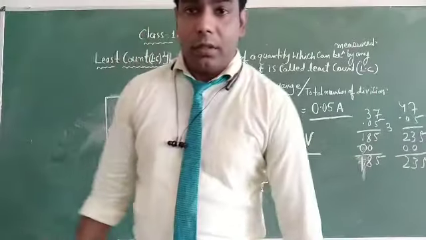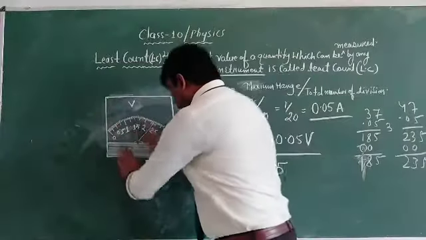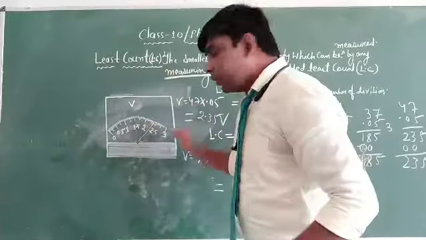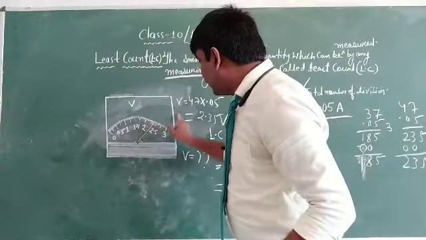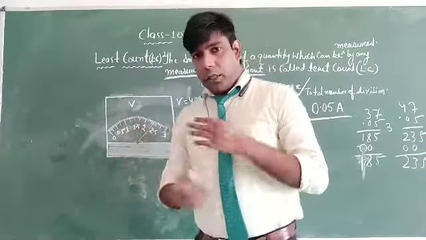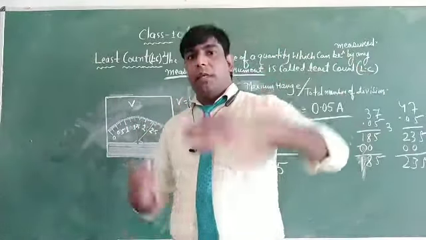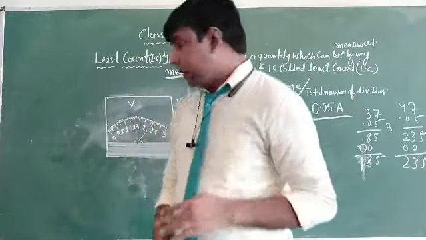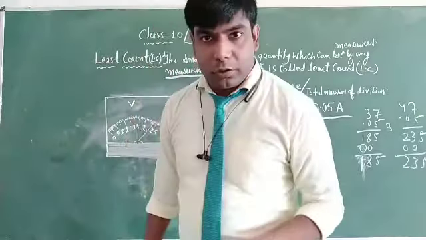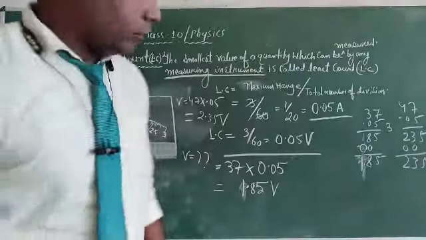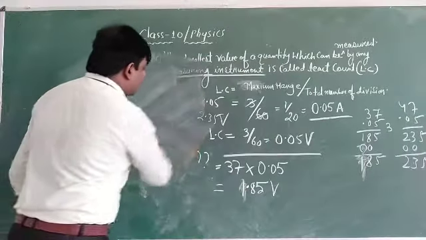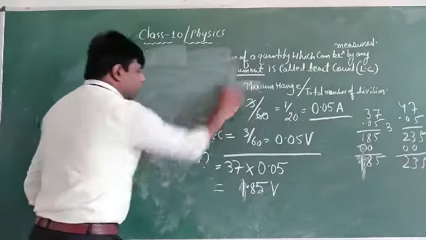Right? See, in examination, they give this type of diagram and they will also show the pointer. First, they will ask you to find the least count and then they will ask what the reading is in the voltmeter or in the ammeter. First, you have to calculate the least count, just the maximum range divided by the total number of divisions. Then see the pointer division and multiply by the least count. Right? Next question. So these are the discussions about least count.